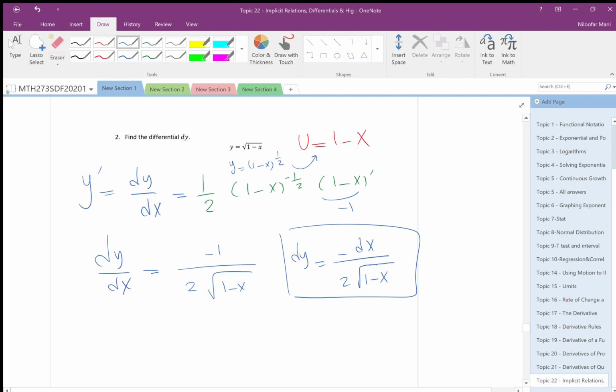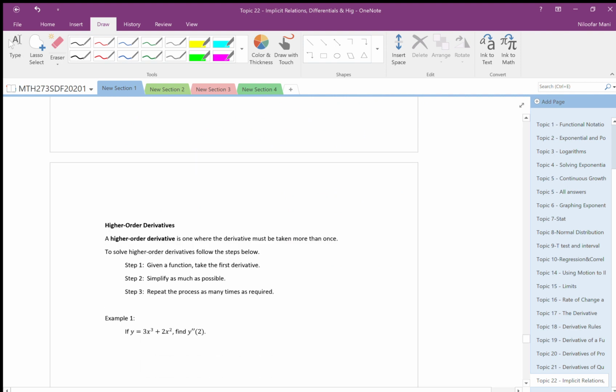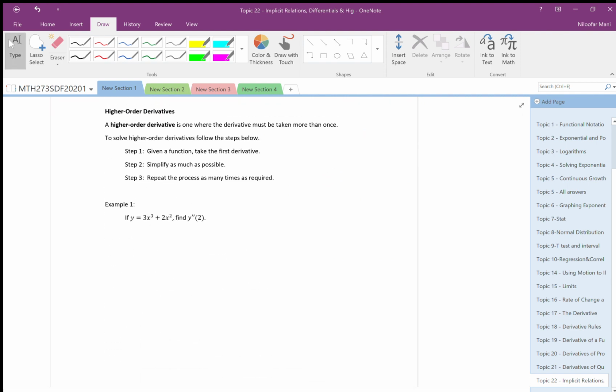See, from topic derivative rules, from topic 18, just almost half of the course, you need to know derivative. For integration, you need to know derivative for these, so you need to work on derivative. Okay, so higher order derivatives,